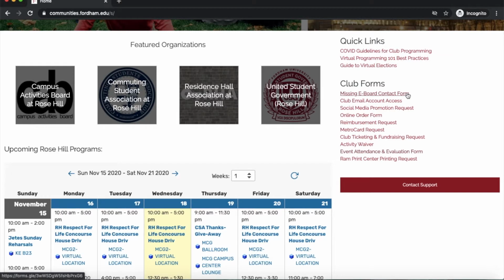You can access your e-board through here. If you want your club to be featured on OSI, you can do the social media promotion request, and all the other forms are pretty self-explanatory based on what you see here. We have an order form, a MetroCard request. If you spent money for a club program and need to be paid back, that would be the reimbursement request,